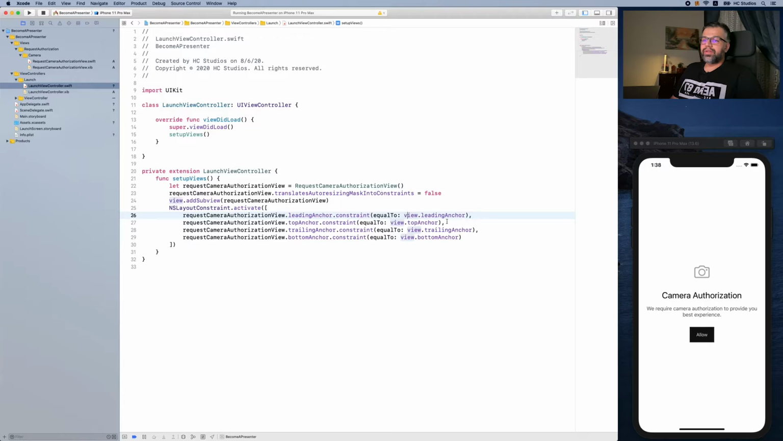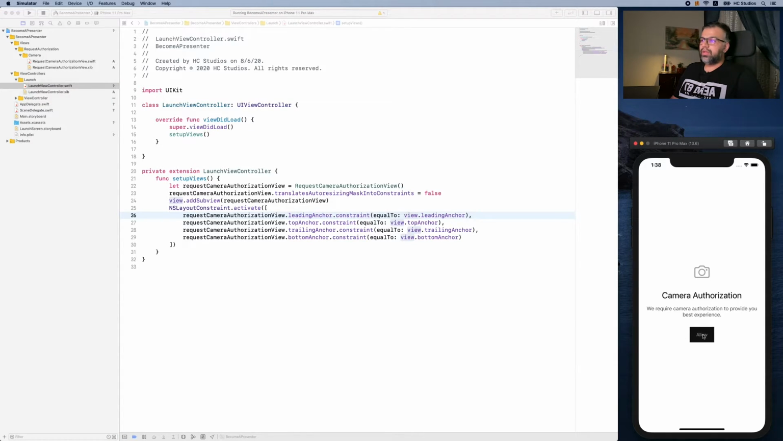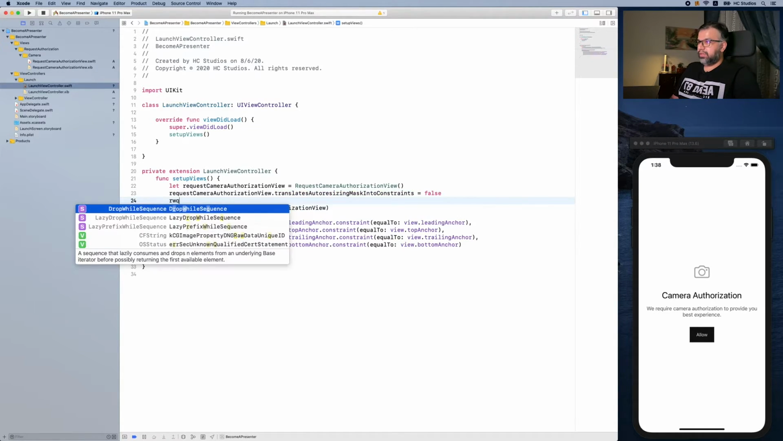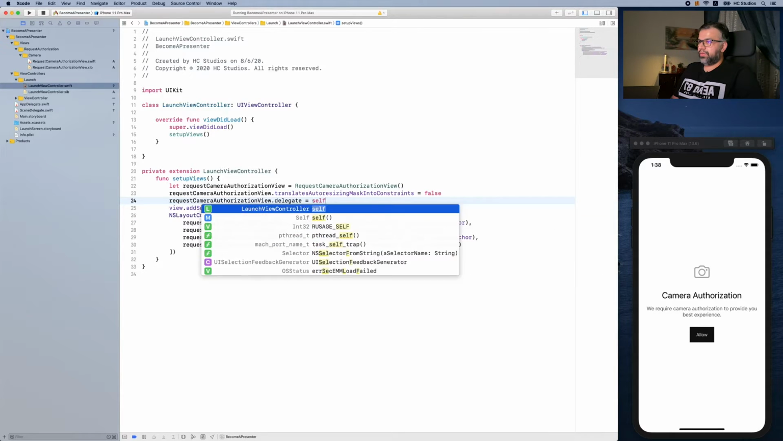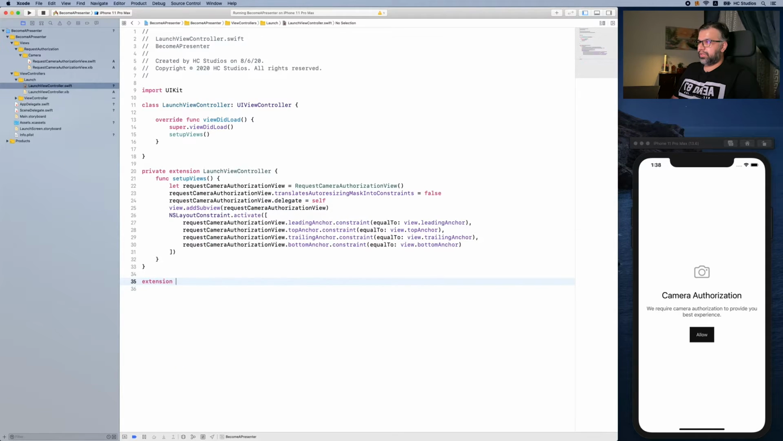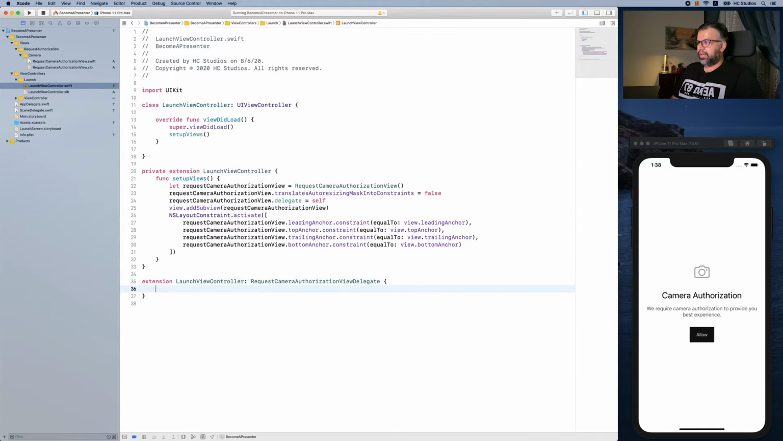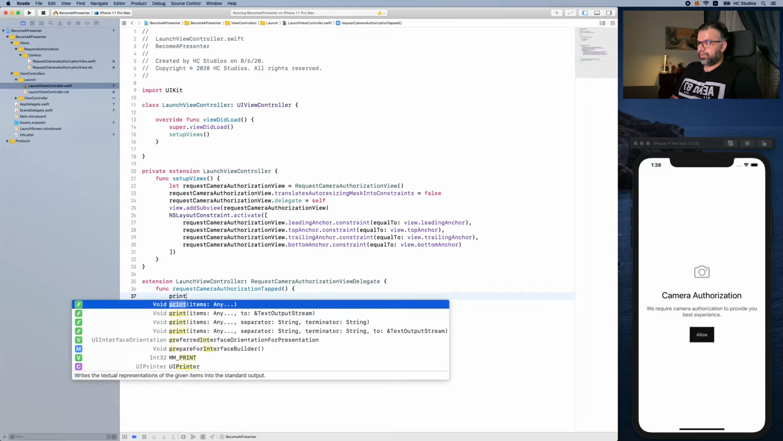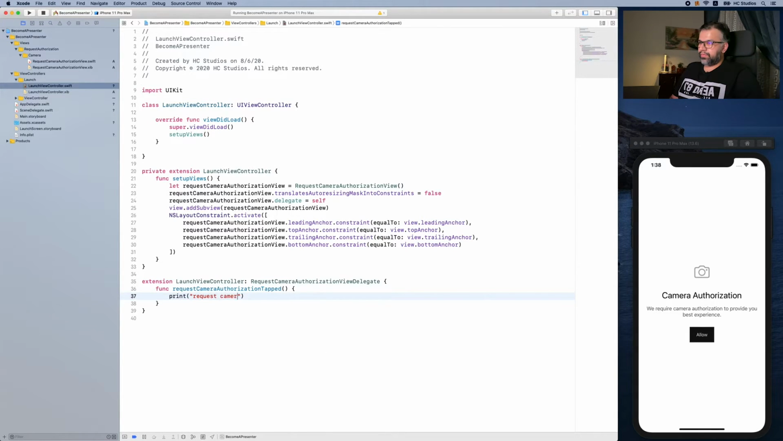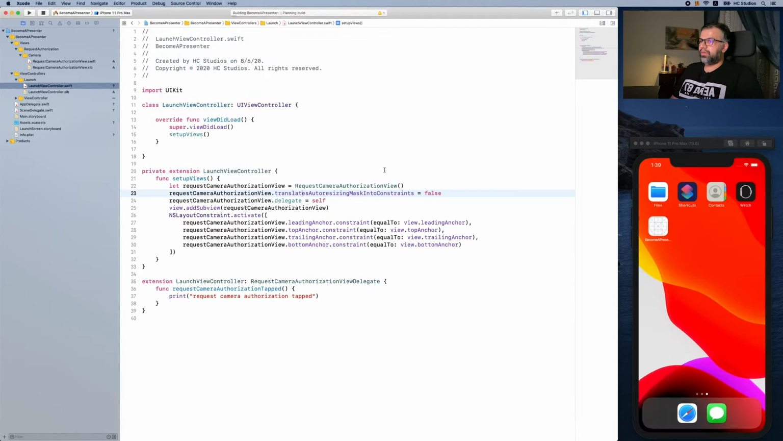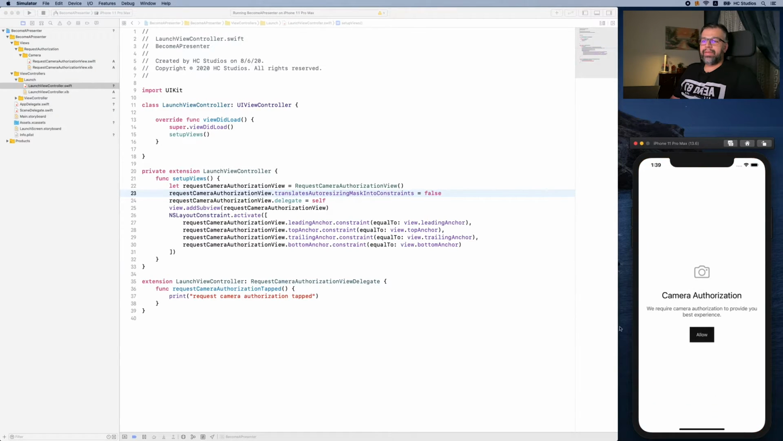Next, we need to see whether something happens when we tap the allow button, but nothing happens. That's because we need to assign ourselves as the delegate of the view. Let's create extension of launch view controller and say request camera authorization view delegate, have the name of the function, and print ourselves a message. Request camera authorization tapped. Let's build and run the app. Yes, stop it and run it again. And this time when I click,